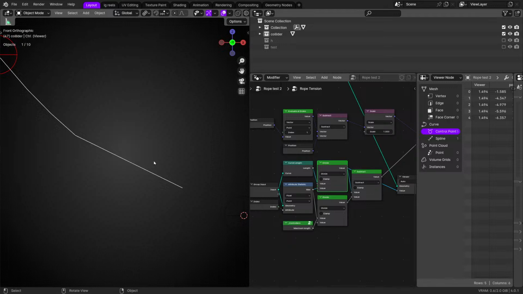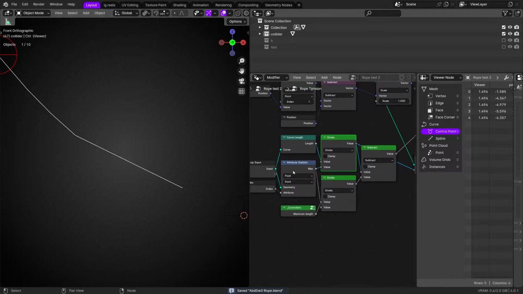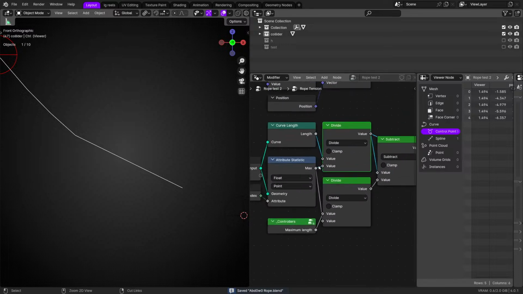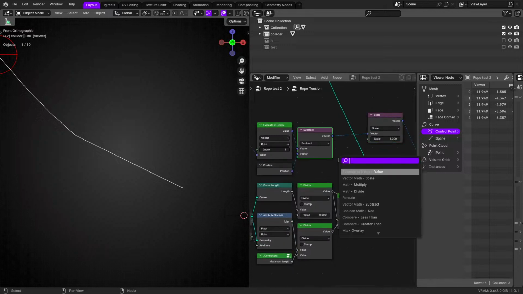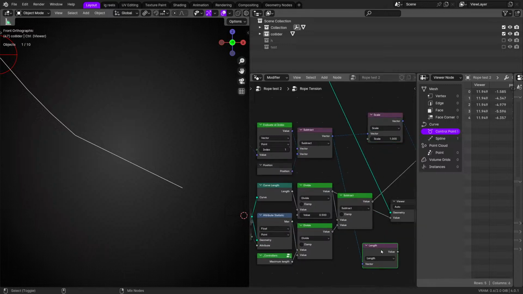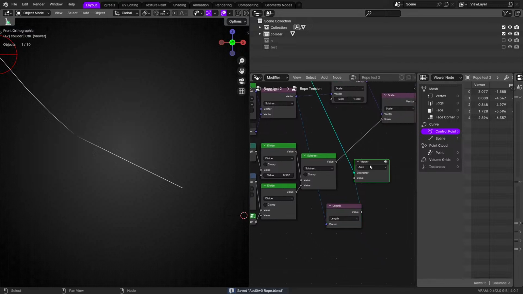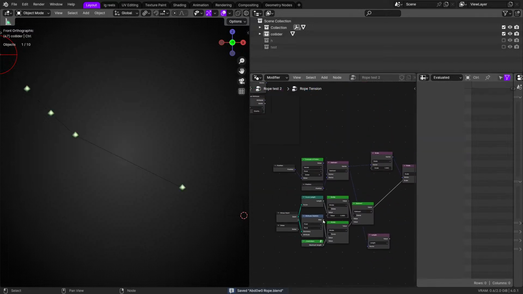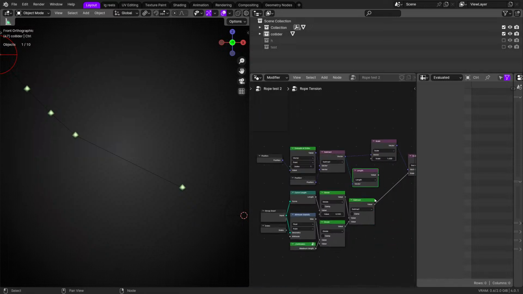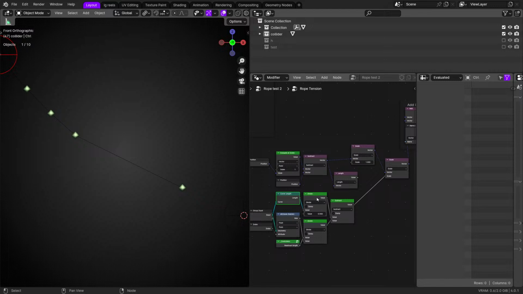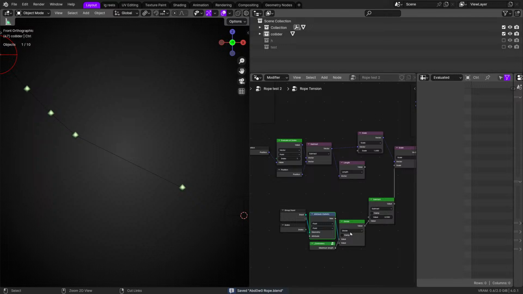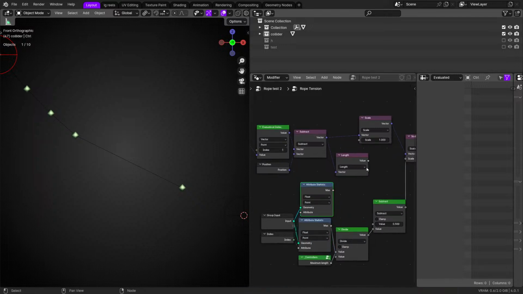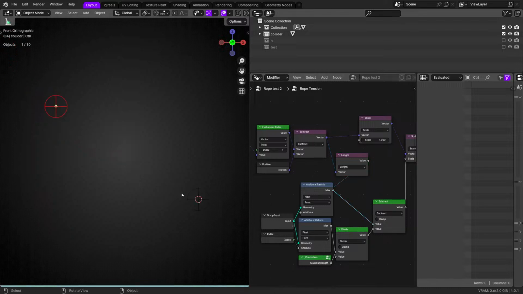Oh shit. Okay, so I did a small mistake. This one's going to go this way, but if I grab the length, let me just see the length. Here it is. So here's the new change. Instead of doing all that stuff, I want another attribute statistics, which is going to be taking the maximum length, plug it in here, and the